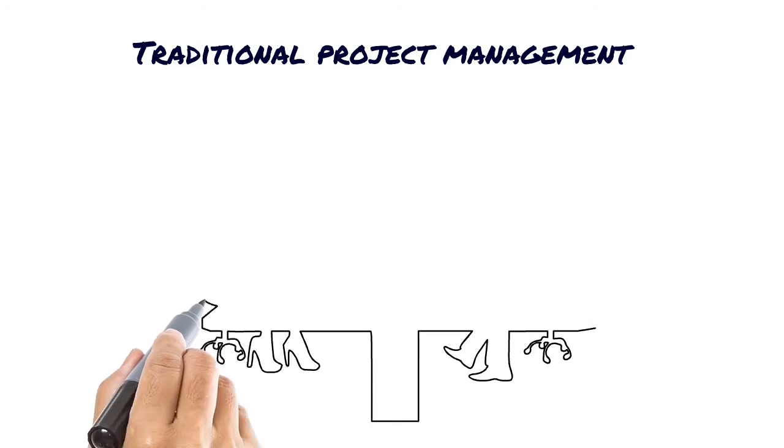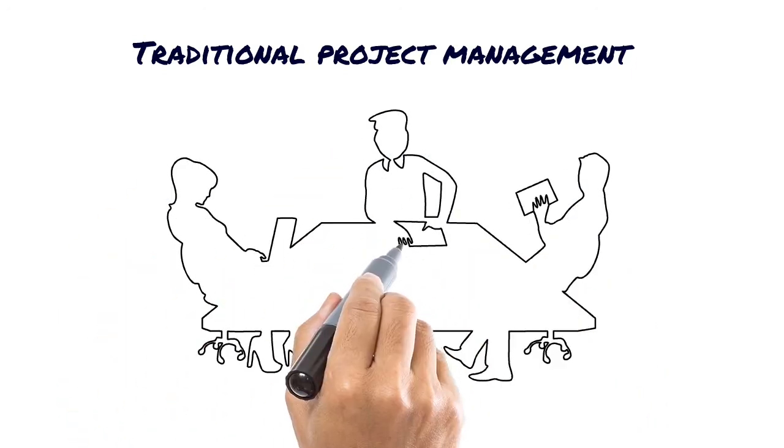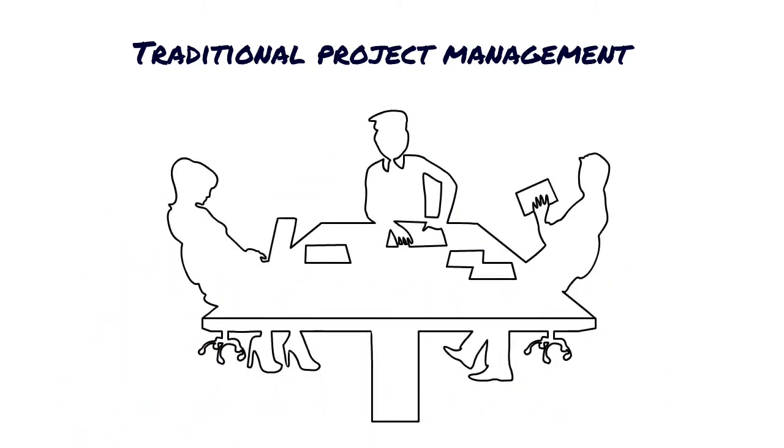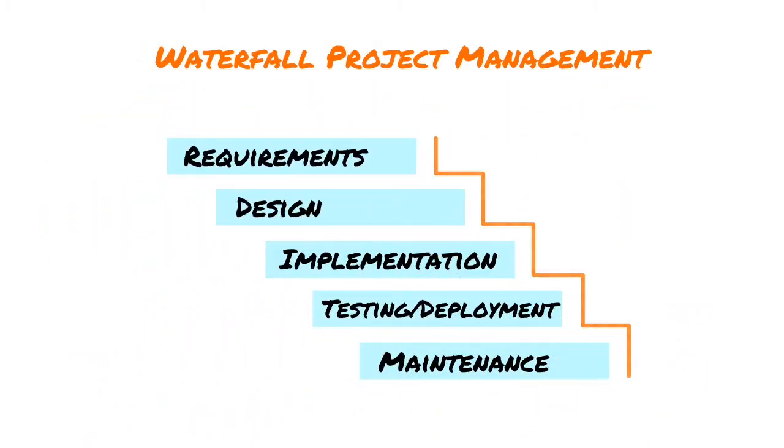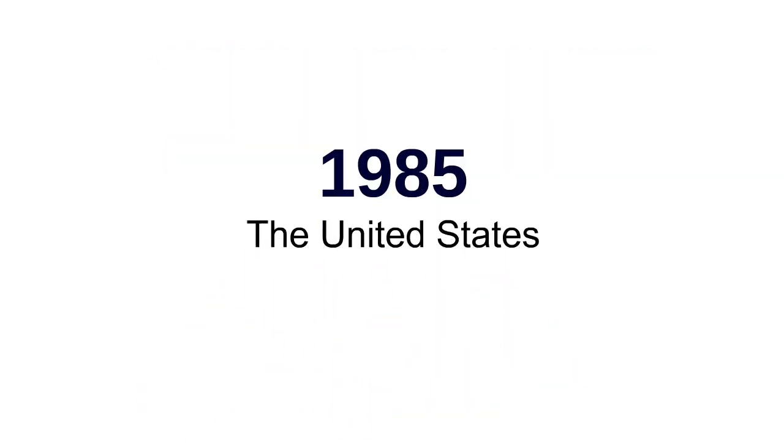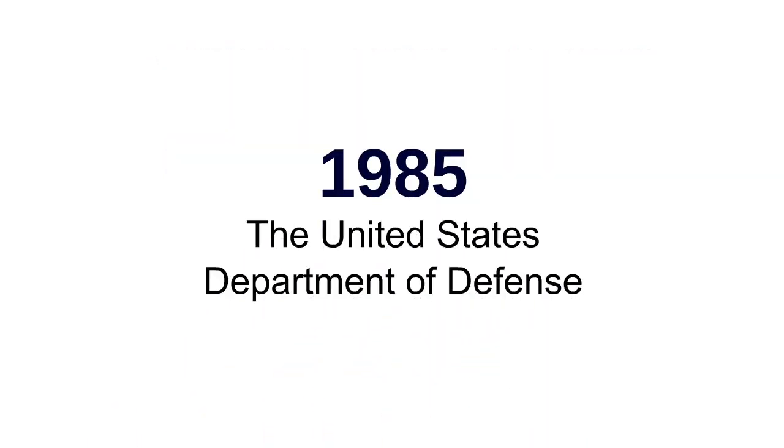Traditionally, project teams led by the project manager paid much attention to the process. The majority of them followed the waterfall project management technique based on the article published in 1970 by Winston Royce. The waterfall method itself was a 5-step process as described by him. In 1985, the United States Department of Defense captured this approach in their standards for working with software development contractors,